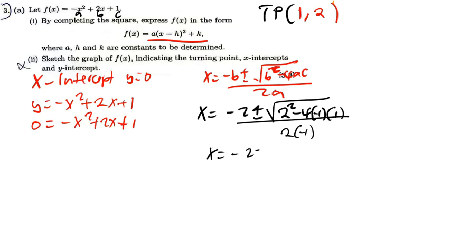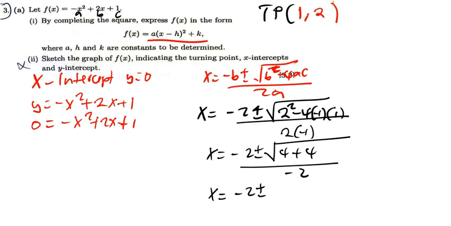Negative 2 plus or minus, this will be 4 plus, okay, it will be 4 plus what? It's going to be 4 plus 4. Then x is equal to negative 2 plus or minus, this is 8, divided by negative 2. So to simplify it, it's the same as I say